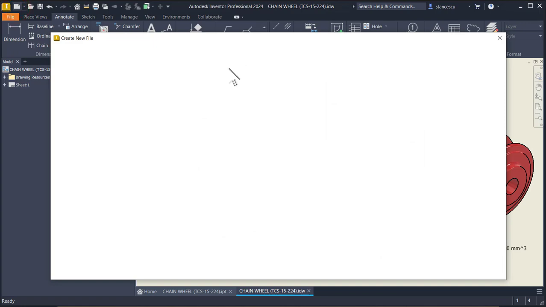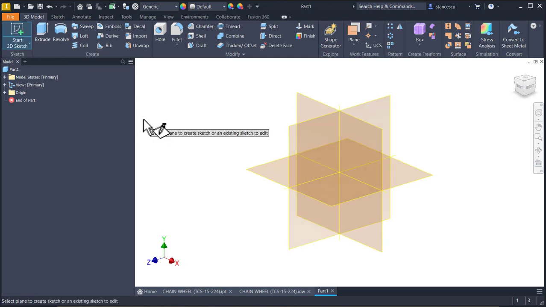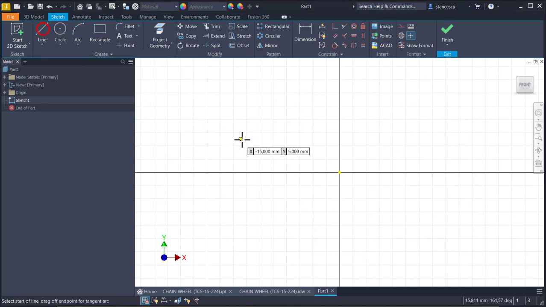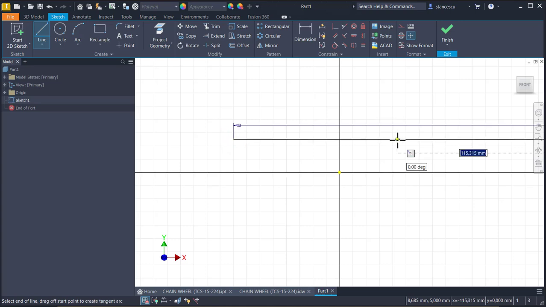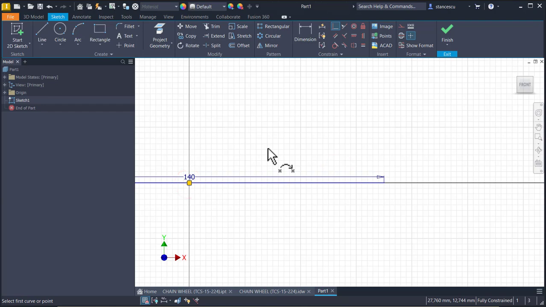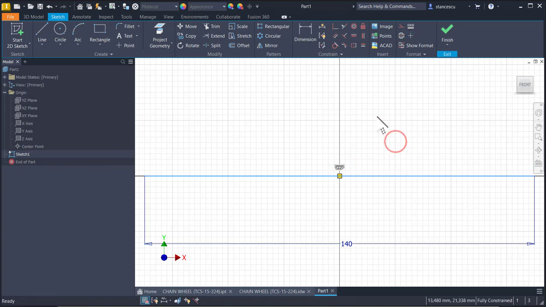Start standard millimeters IPT, start 2D sketch, plane XY, and we start by creating a horizontal line of 140. We place its center on the center of our sketch, center point. This is the center point. This line is a center line,